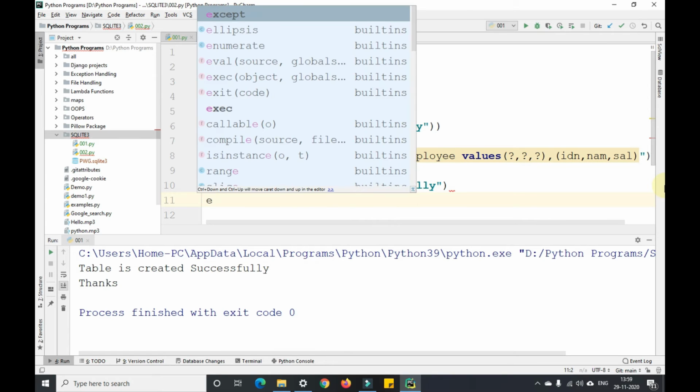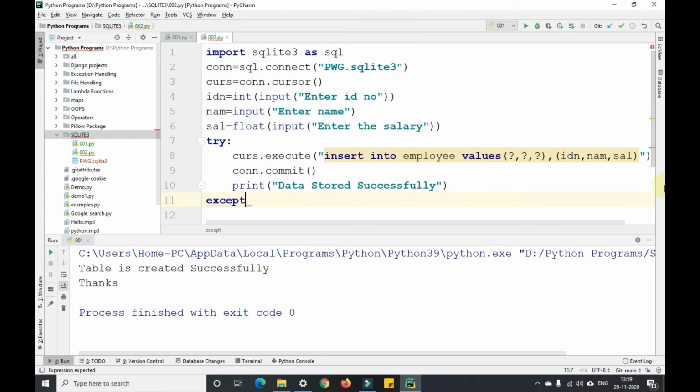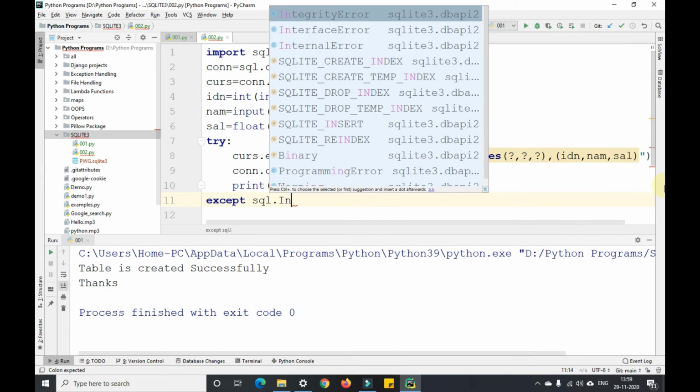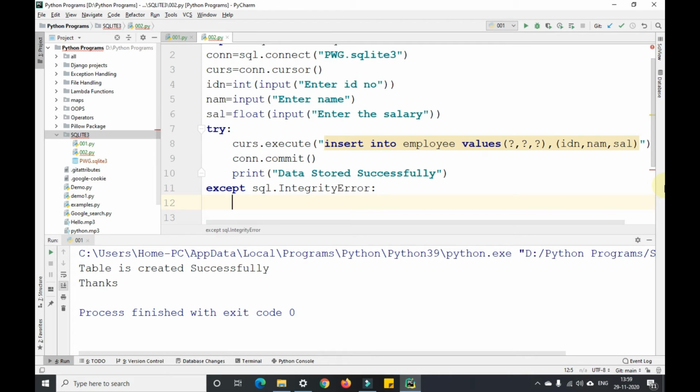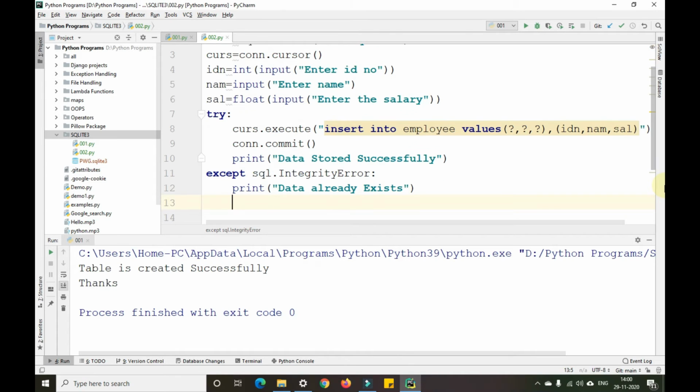And I'll take an except block here, sql.IntegrityError, print data already exists. Okay, after that the connection will be closed and we'll print the thanks statement here.